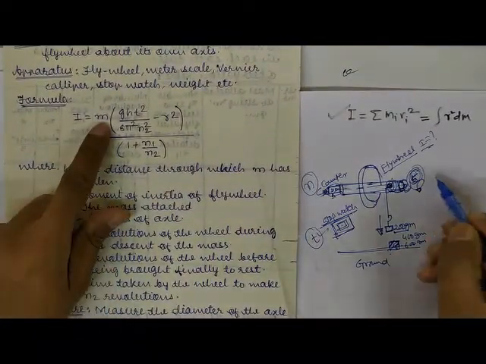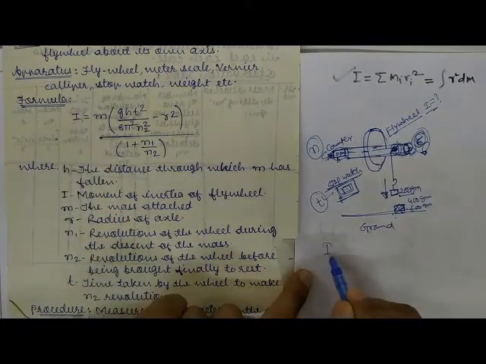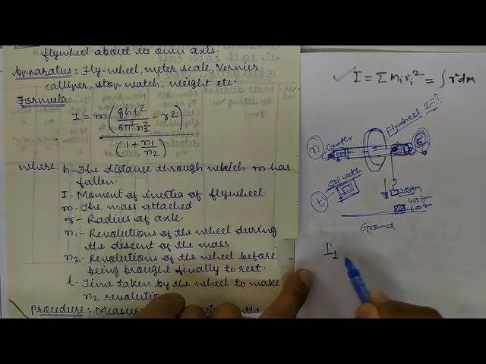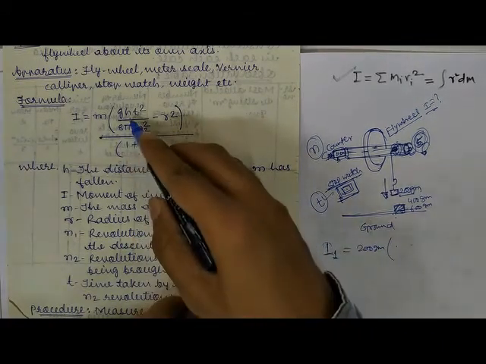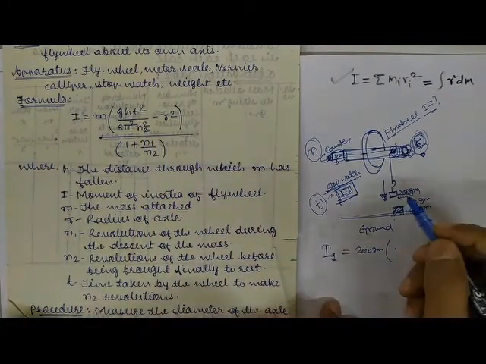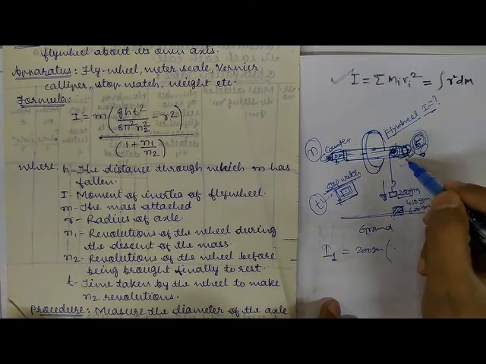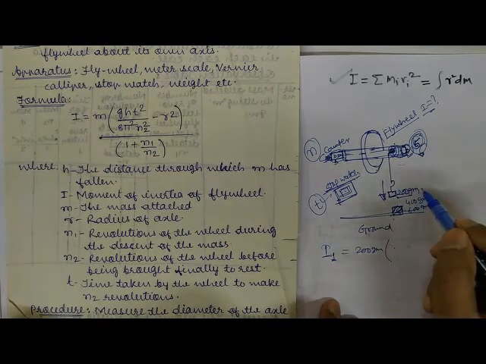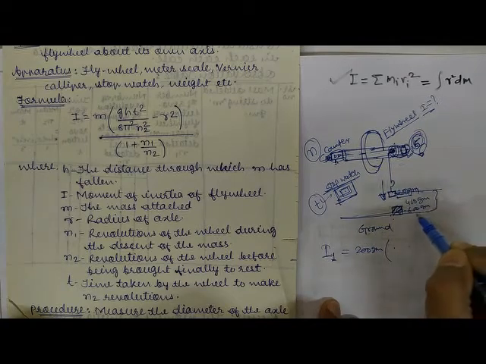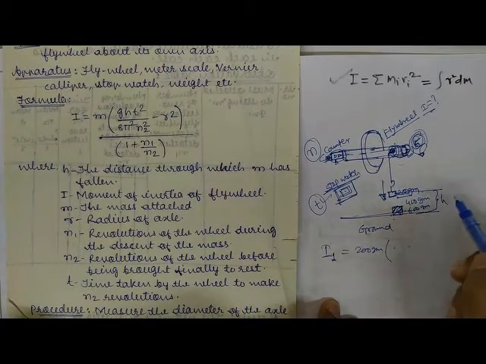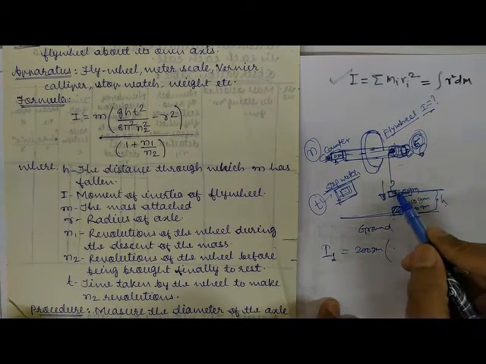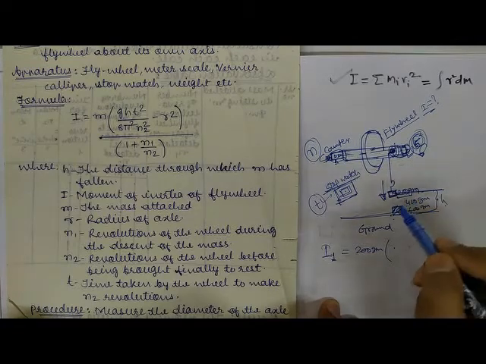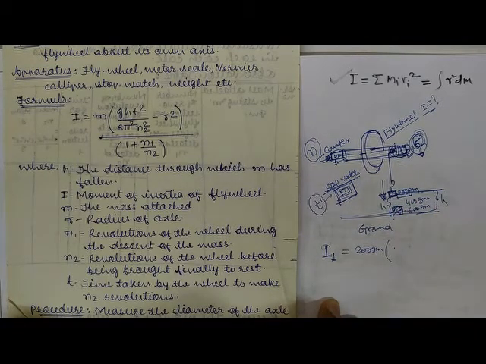First of all, I will name it I1 for the 200 gram mass. Now the value of H, yes, that thing I just forgot to tell you. When you have given the 5 rotations initially, how much is the height of that mass from the ground? That is what we call H. Once you have given 5 revolutions initially in reverse direction, the mass has been shifted from the ground to some certain height. This height is H.